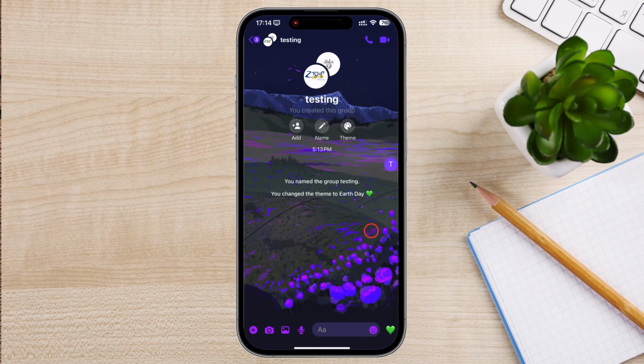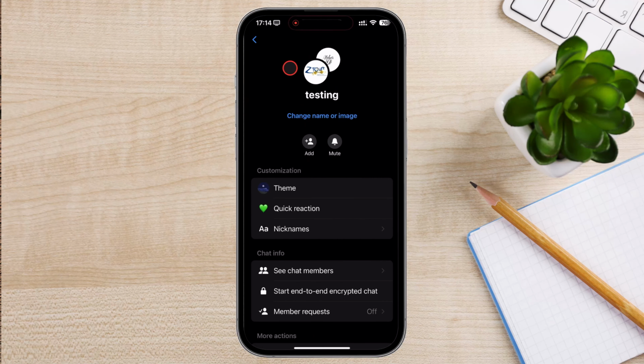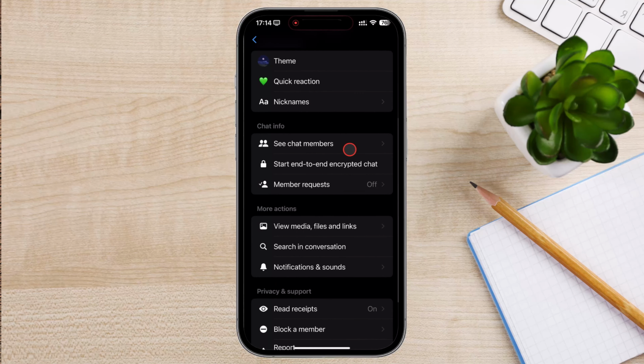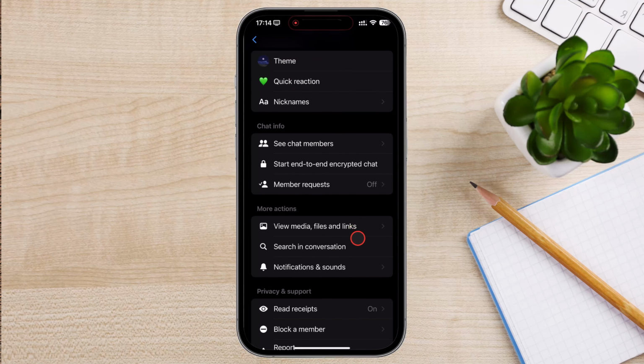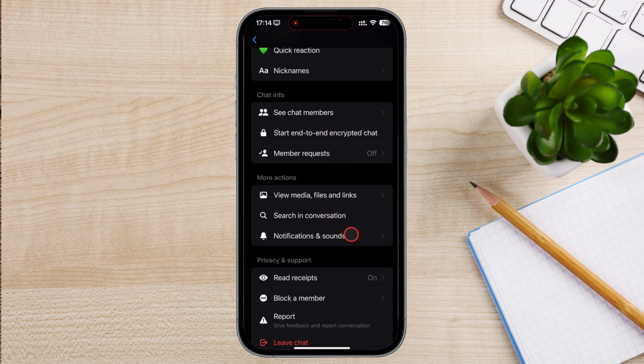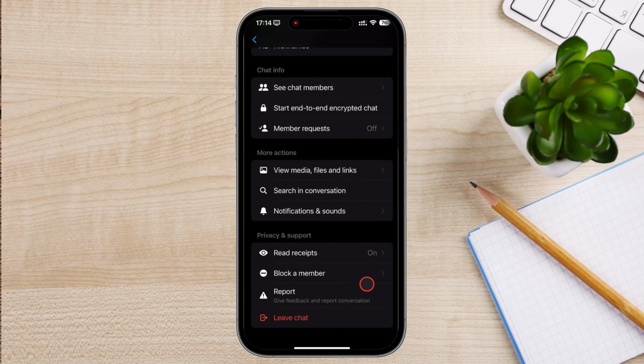If you tap on the name of the group, from the top, you will get to the Administration Center of the group chat. Explore the group chat settings to adjust notifications, add or remove people, change the group name and photo, and even set group nicknames. There you can do lots of updates to the group settings. Check it out and see what suits you and your group the best.